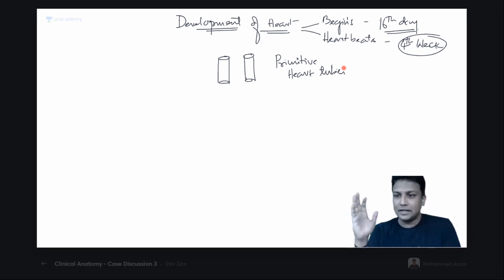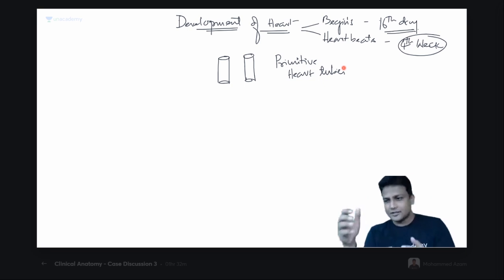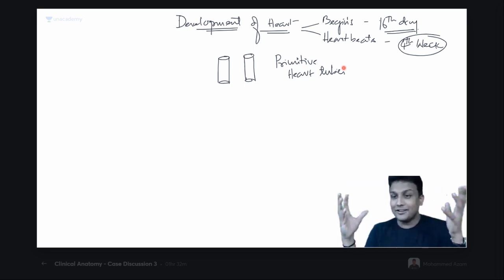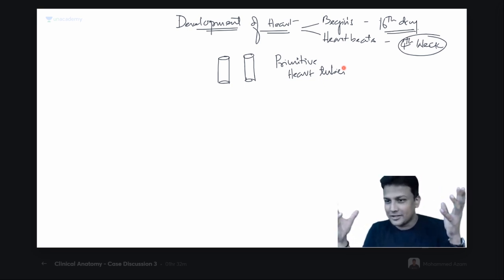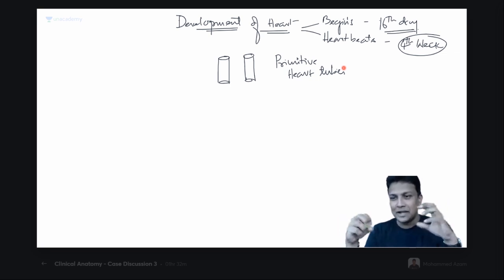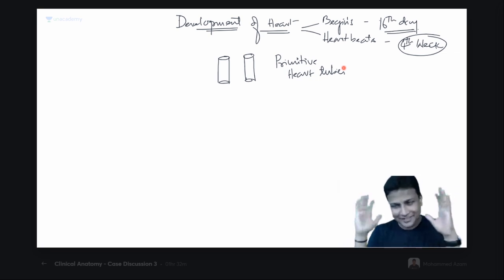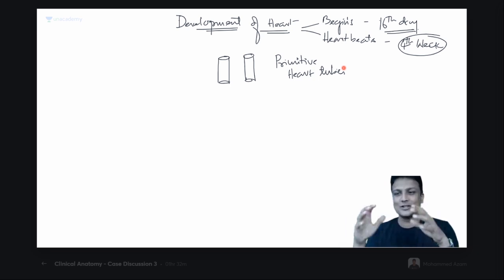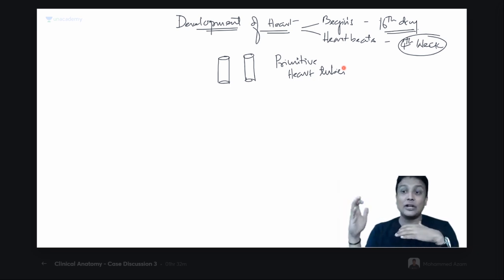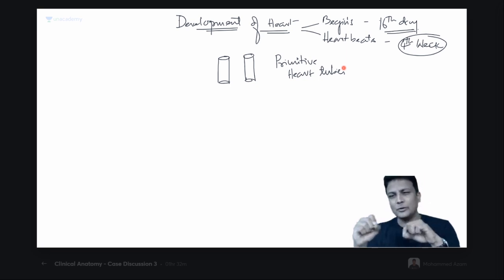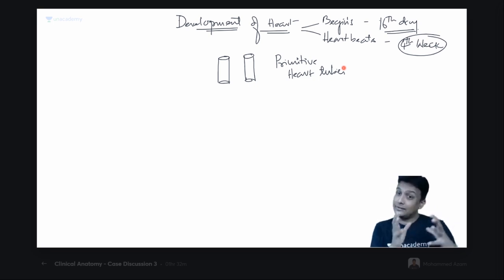Okay, now, completely with me, okay? Yes, whatever terrifying terms you're using there. I can see Ross, I can see Sairam there. Now, angioblastic cells and all those things are developing from where? They are developing in your splanchnopleuric lateral plate mesoderm. If I tell you that right now, we have to go into another topic of general embryology, but that is not our topic right now. So we are not going to deal with that right now.